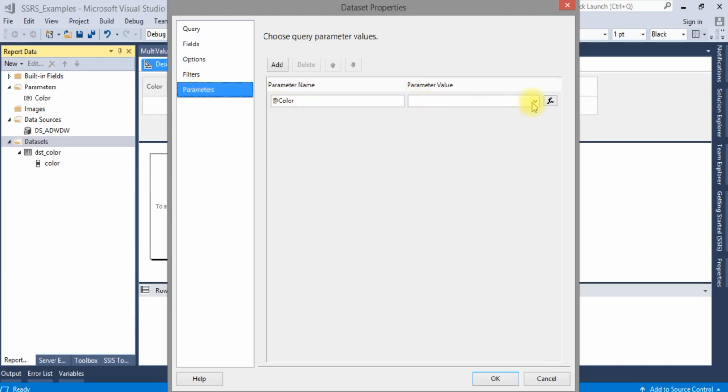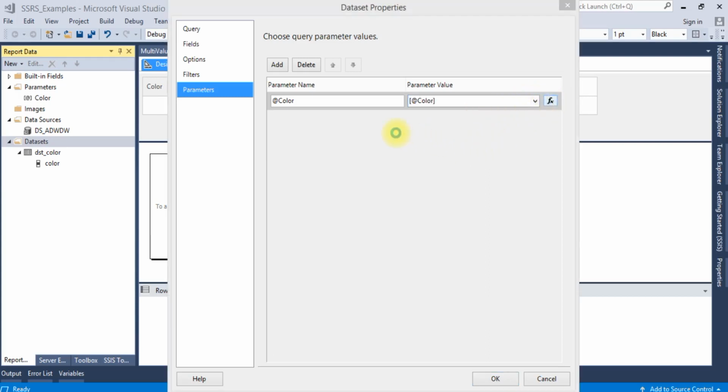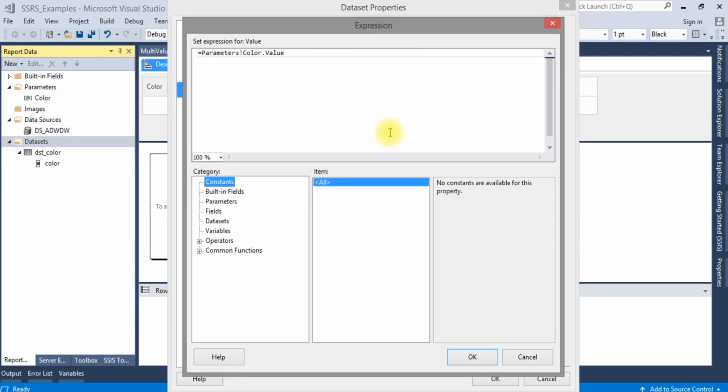There is a small change I need to make here. In the parameter value, I cannot pass the value like this, because I need to pass it as a comma separated value. So I need to join all the values and pass them to the stored procedure.